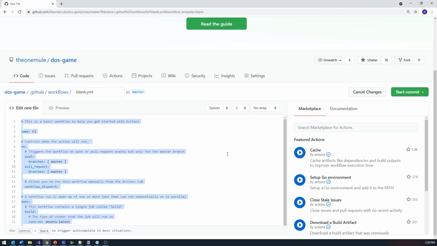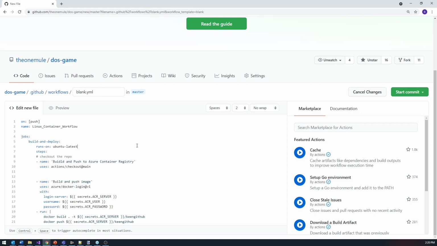Now, this code right here is just a single job. It doesn't really do much. It just builds and pushes a container image using Docker. So this is very easy to set up, nothing to it. Build and push Azure Container Registry, and then anytime something happens on push, this will get triggered. And this is referencing secrets inside of my